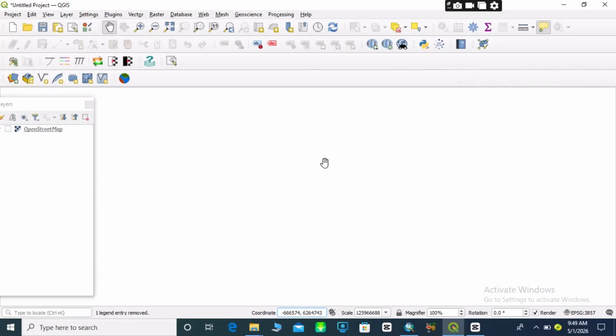Today's tutorial, I want to show you how to download the World Administrative Boundary using QGIS. When you open the QGIS interface, here is the canvas of QGIS. So you come over to